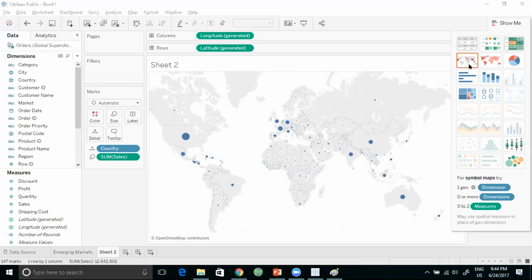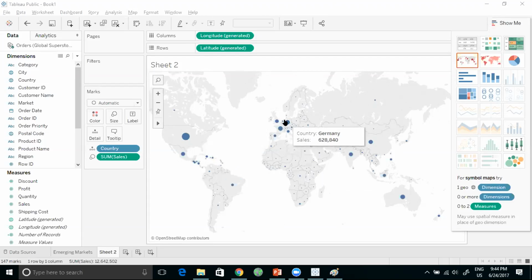Now look at this. When I use this fantastic feature called Show Me, it actually recommended to me the graph that I should use. Isn't that great? Because half the time you and I are worried about what graph should I use for what kind of data. Isn't that a fantastic feature? It's an auto recommendation feature called Show Me. How many of you like that feature? Say yes if you do. Okay, fantastic.